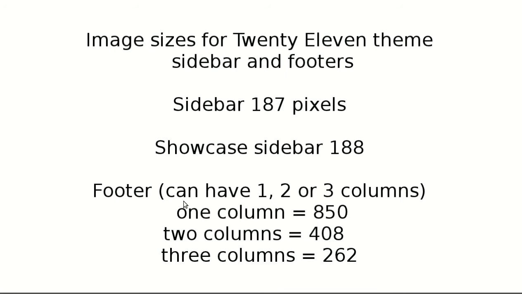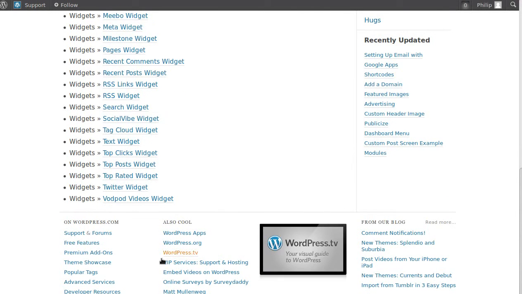The footers, you can have a 1-column, 2-column or 3-column footer to your web page. A footer, if you look down the bottom here, these are footers. And on the theme we're using, there's only 3 columns, not 4. So we could have 3 columns, 2 columns, or 1 wide column at the bottom. And if you put things into the footer area,